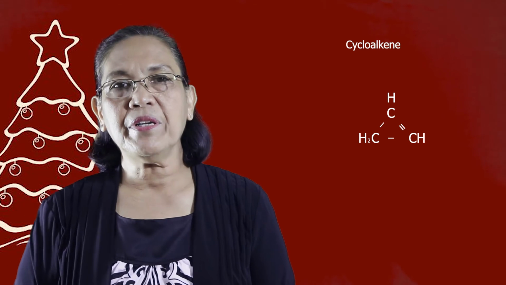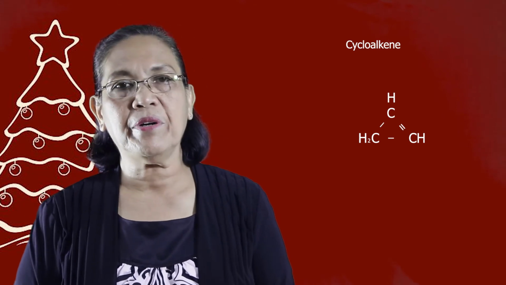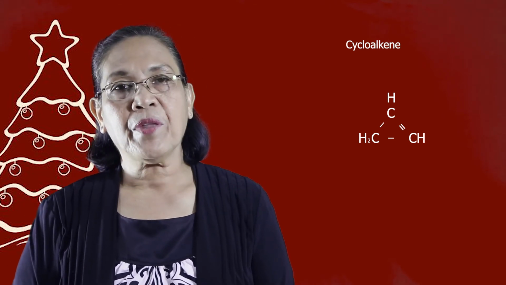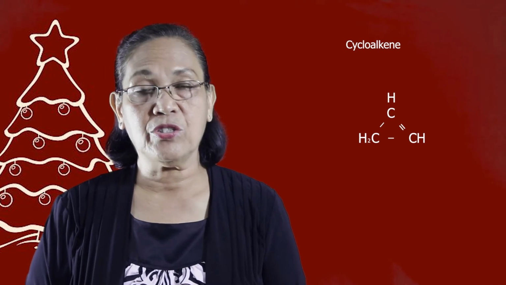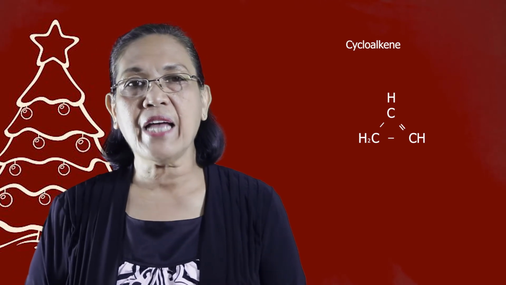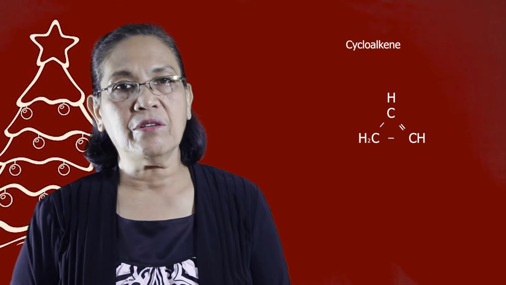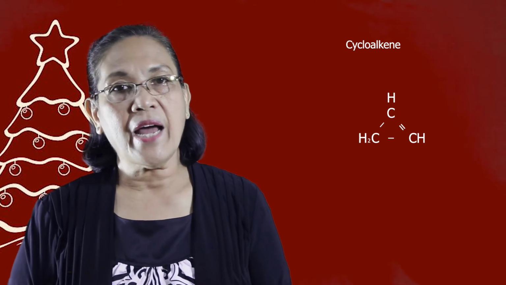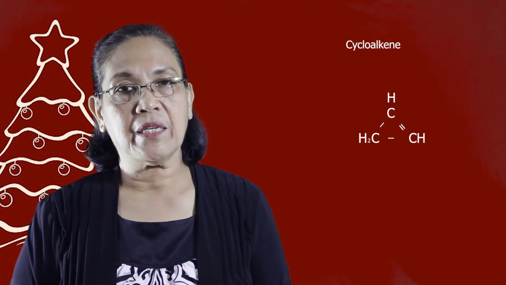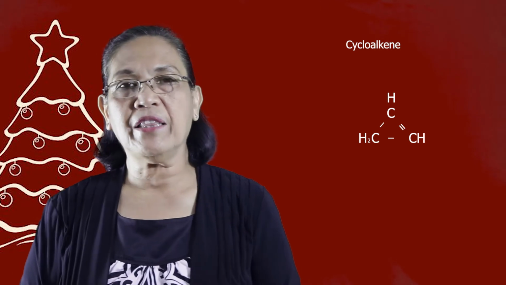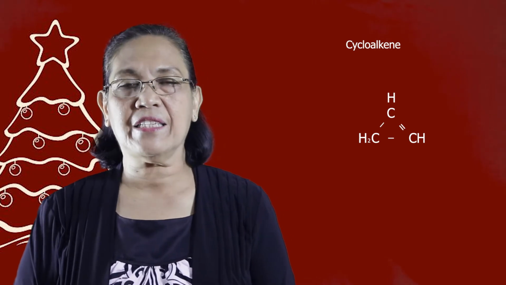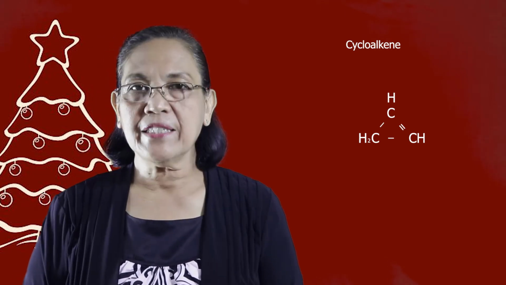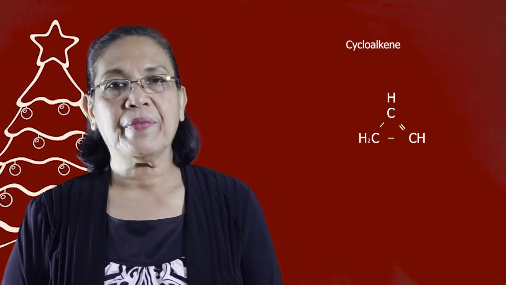The second carbon is joined to the third carbon, back to the first carbon, with single bonds. So the name of this cycloalkene is called cyclopropene. If there are 4 carbon atoms in a cyclic structure and there is the presence of the double bond, then this is called